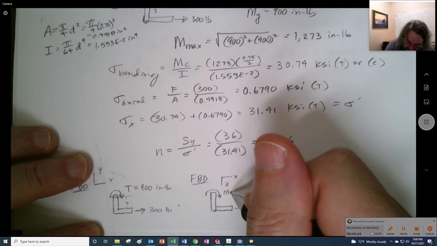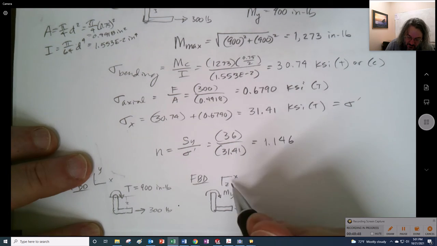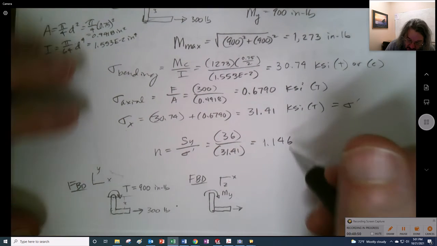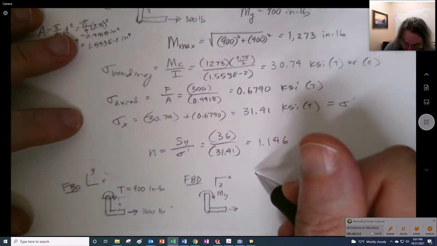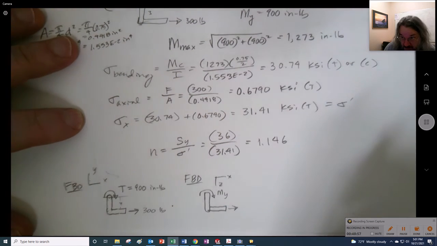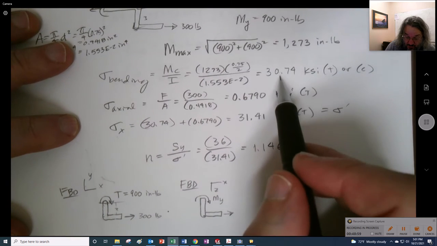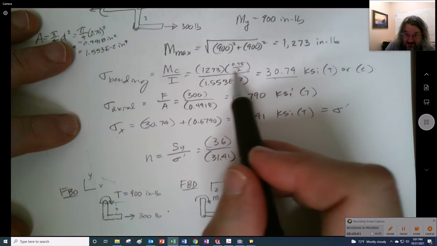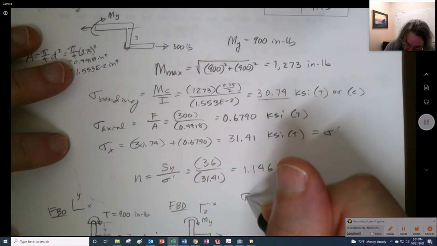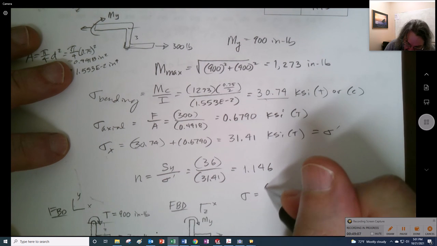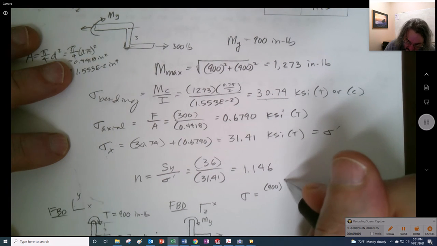But now this is still the Y, because we're going about the y-axis. So now I do have von Mises stress that I have to worry about, but I don't have axial. That's one thing I don't have to worry about. So I would use this for the bending stress. I'm sorry. The bending stress would instead be 900 times